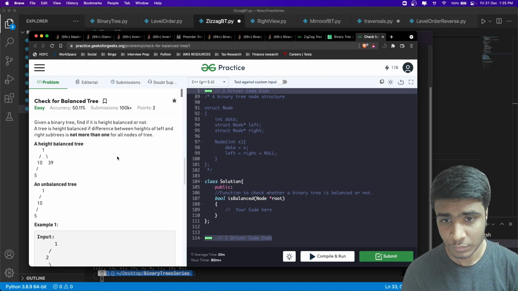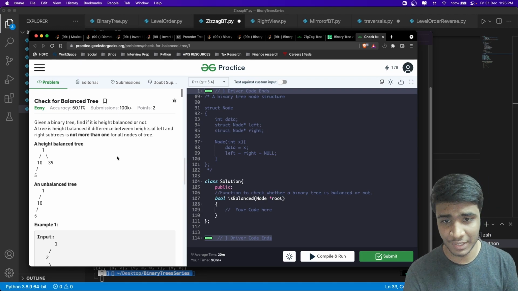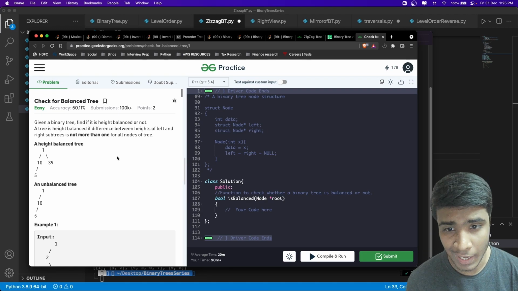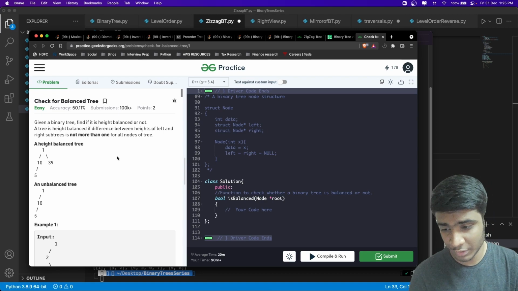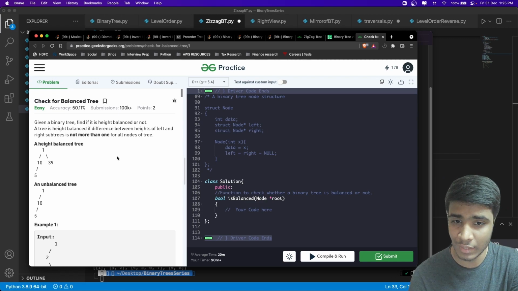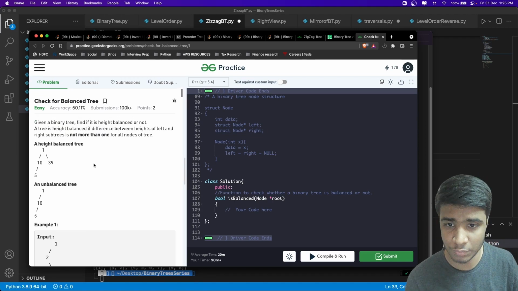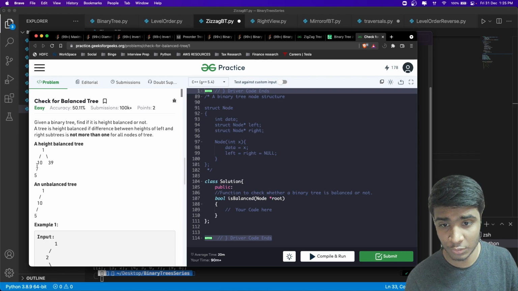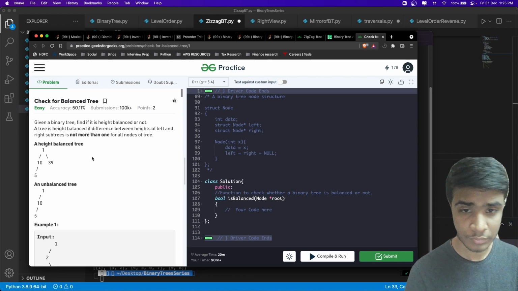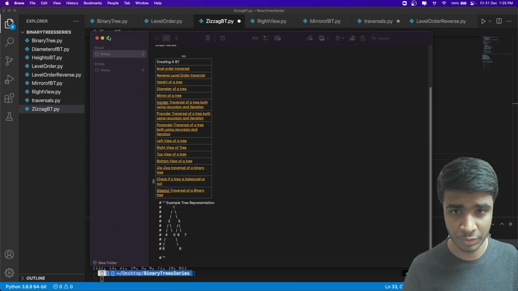In a binary tree, whether it is balanced or not, we can say that by looking at the difference between heights of the left subtree and right subtree. So, if the difference between height of a left subtree and right subtree is greater than 1, then it is not balanced. It is an imbalanced tree. If it is less than or equal to 1, it is a balanced tree. So, if you look here, this is an imbalanced tree because the left height is 3 and right height is 0, so the difference is 3, but here it is 1, so it's acceptable. So think about it a couple of times, try to code it out. Let me know. If not, I will solve it for you.